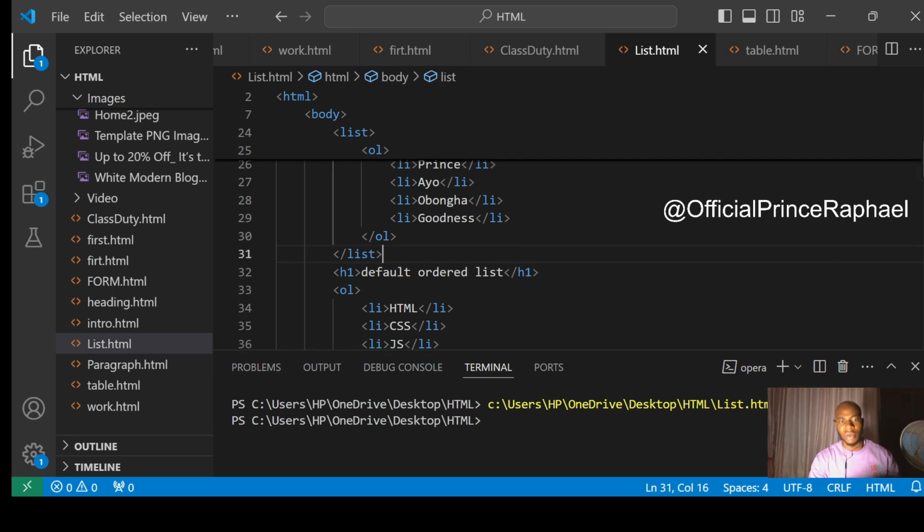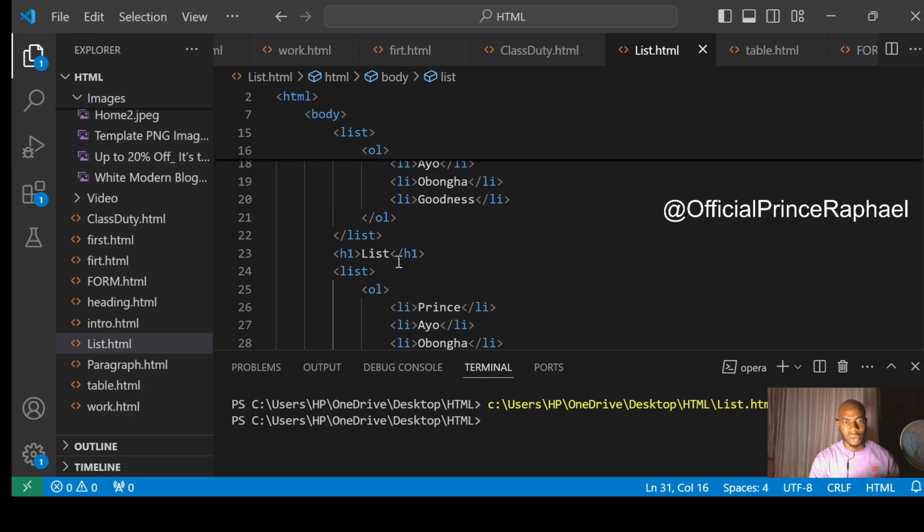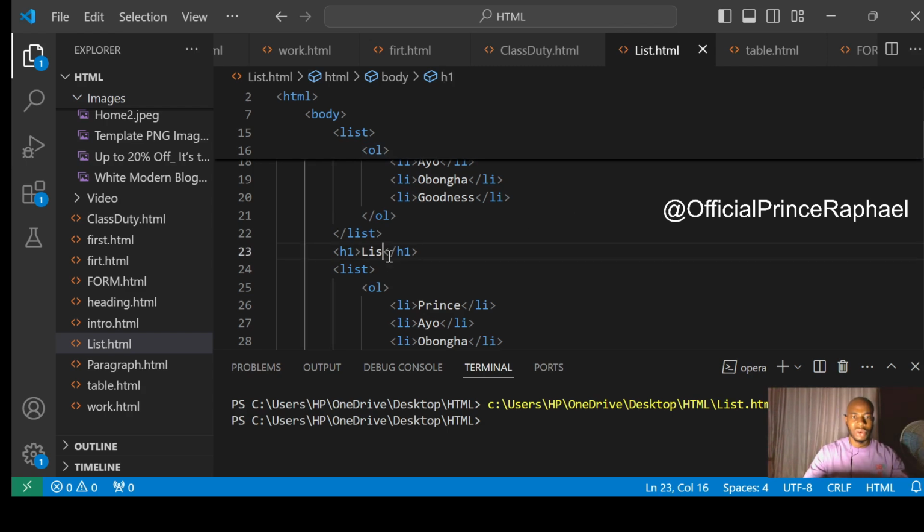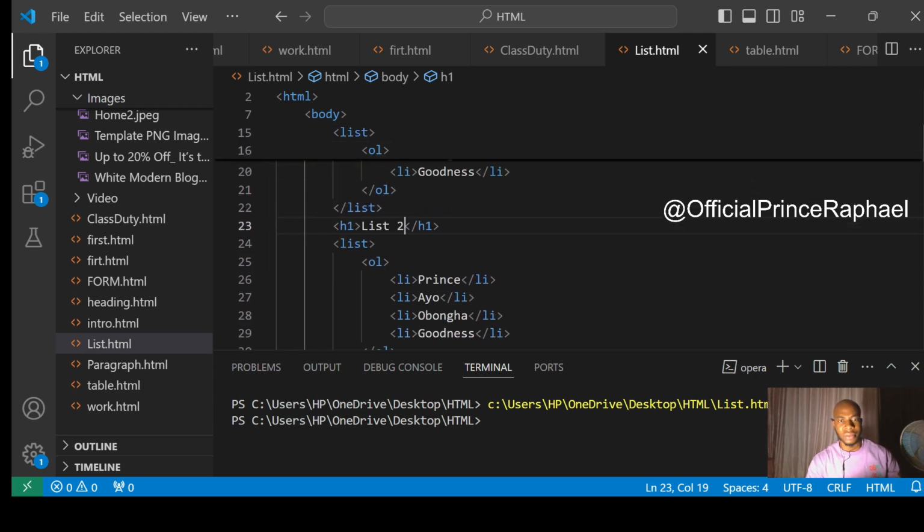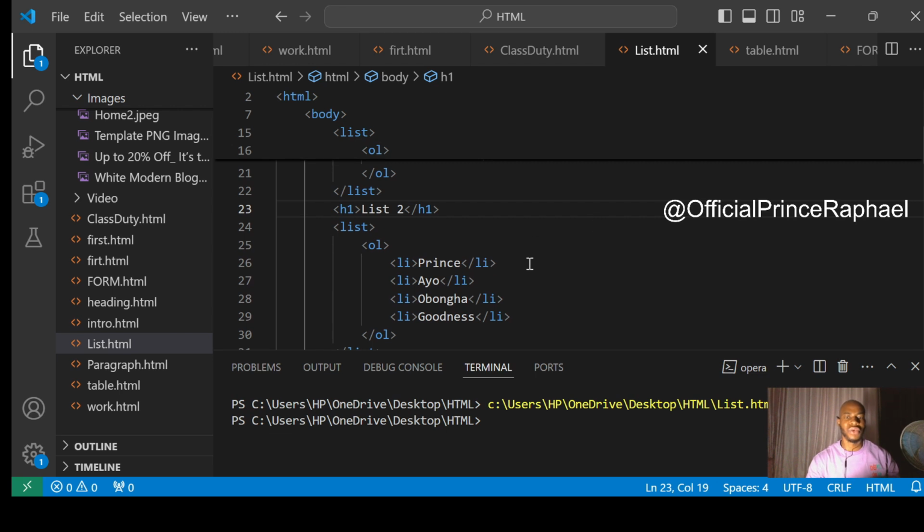So let me see, we have another list here. List 2. You see, this one should be list 2. You have another list. Then if you want to add types, types are used for specifying the numbering styles. Let me see. On this your list, at the end of your list here, you skip the space,